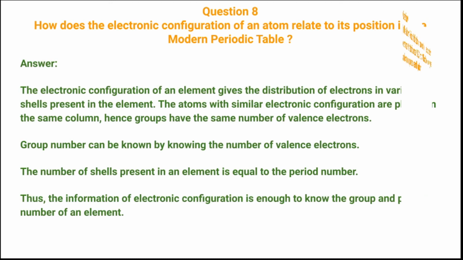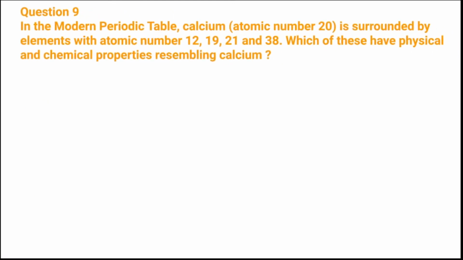Next we have question number 9. In the modern periodic table, calcium having an atomic number 20 is surrounded by elements with the atomic number 12, 19, 21 and 38. Which of these have physical and chemical properties resembling calcium? Answer is